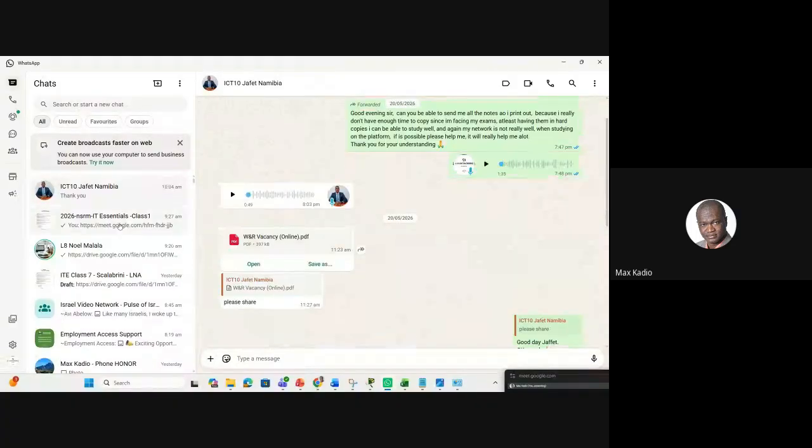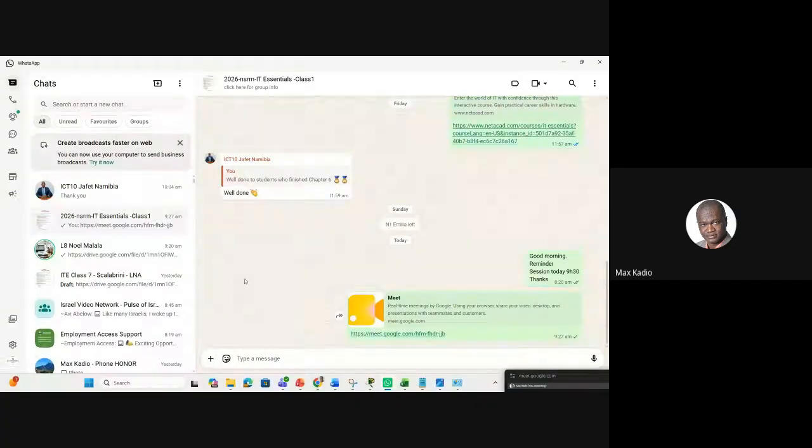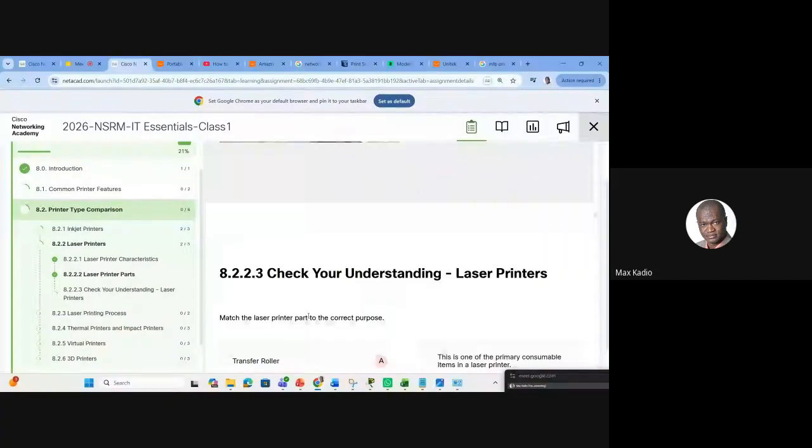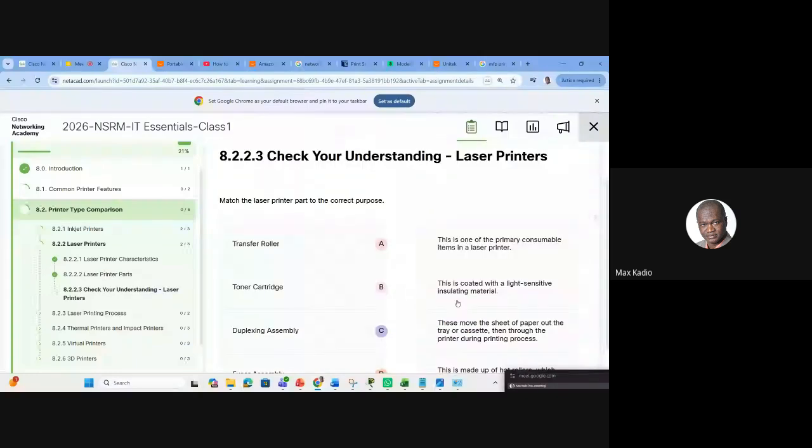I saw a message, but I don't see it. One second, I'm checking something. Cartridge. And okay, this one is not so important. You can also check your.